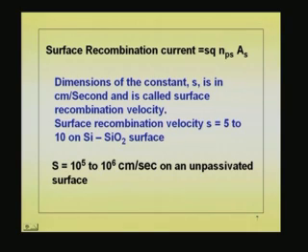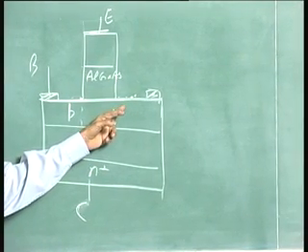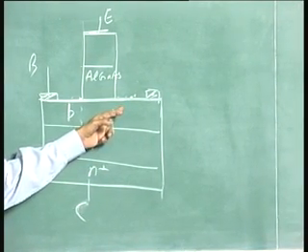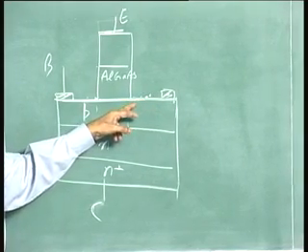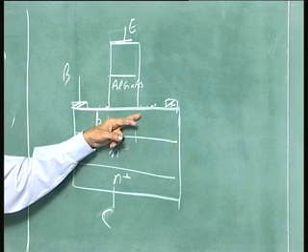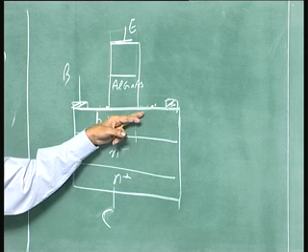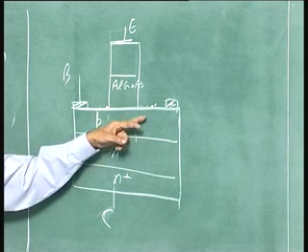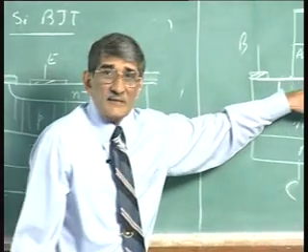So, let us see what is the magnitude of this. In the case of an unpassivated surface, like the one that you have got here, where you have got the gallium arsenide, a bare surface. In fact, when the Bell Lab people made that device initially, it was a bare surface, and a large density of dangling bonds are present, which give rise to recombination centers, which give rise to high recombination velocity of the order of 10 to the power 6, or even higher than that,